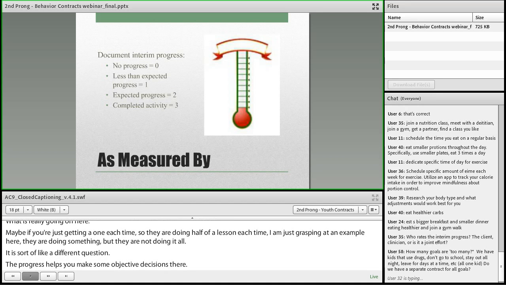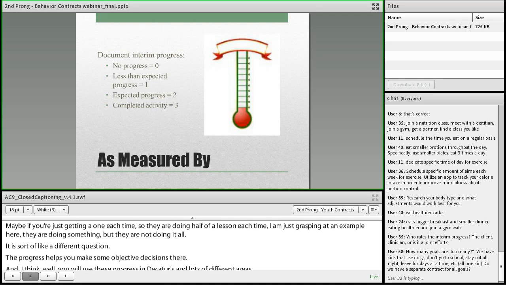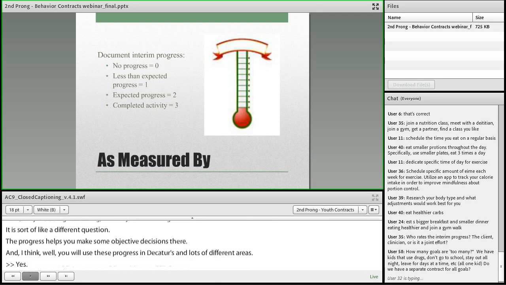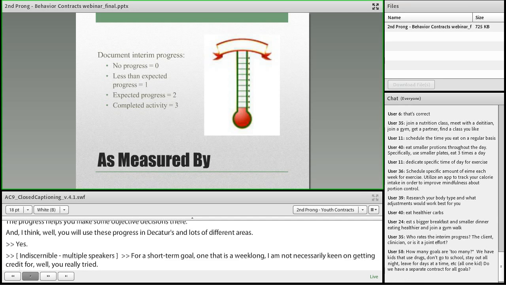I mean, that's for a long-term goal. But for a short-term goal, like one that's a week long, I'm not necessarily keen on giving credit for, well, in this week you really tried and got one report done, but not all three. Well, that's an excellent point, and that's why this is all individualized, because you look at it